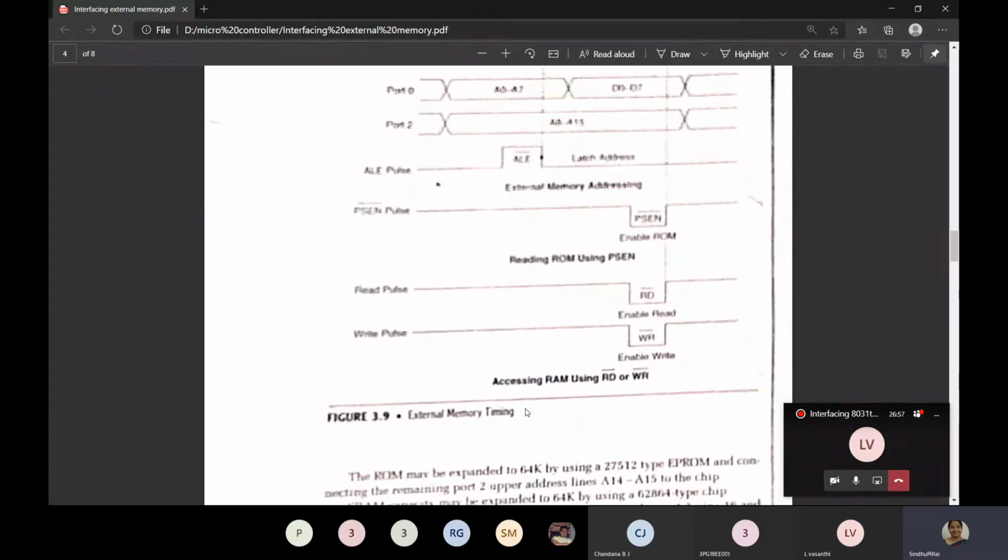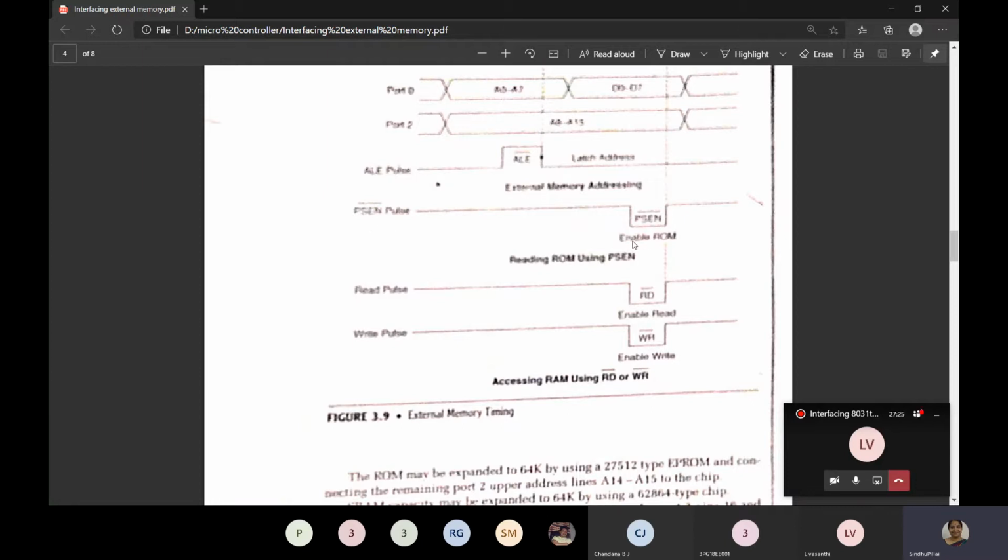This is the external memory timing. So we have port 0 and port 2 which are used for external memory. Port 0 has both address and data. Port 2 has only address. Next we have address latch enable, which will go low. They are low active signals or low active pins. So we have latch address here. Next, for external memory addressing, we have this PSEN, program store enable.